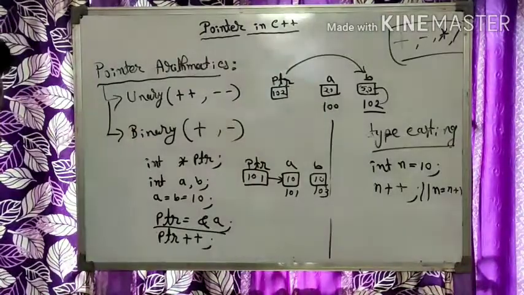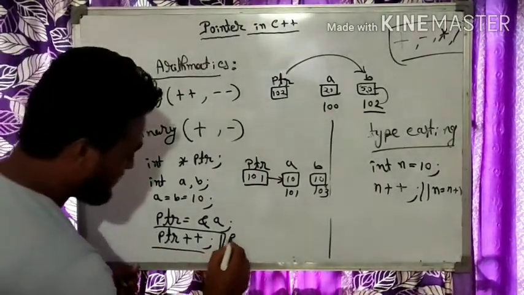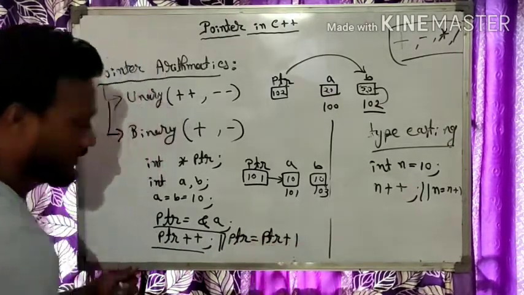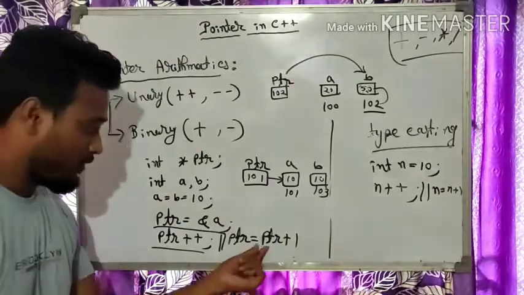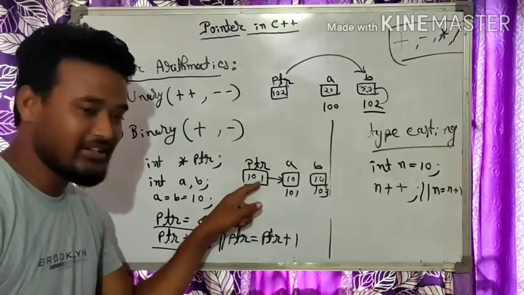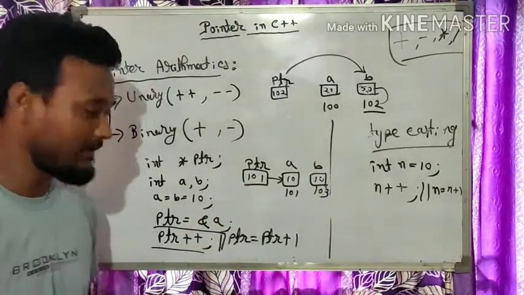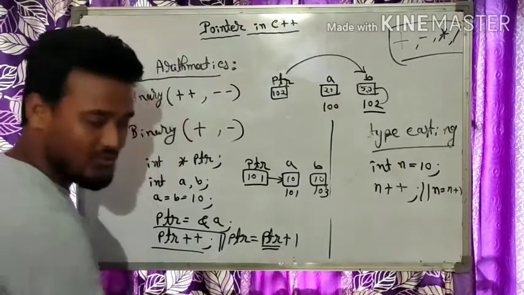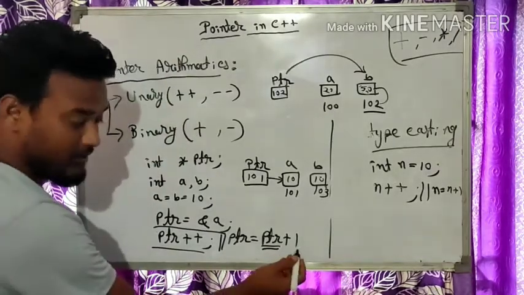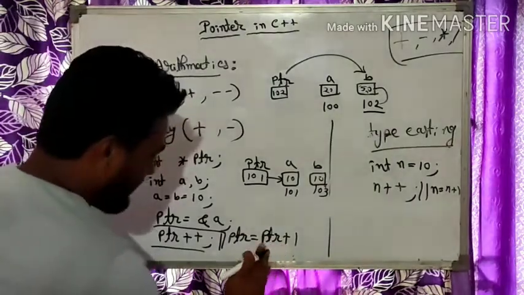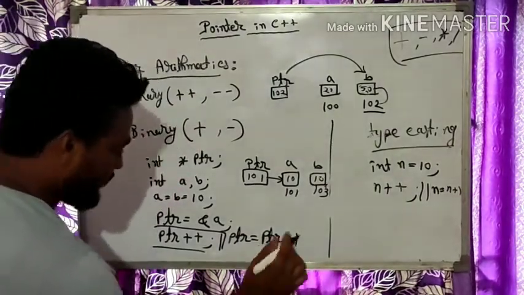Now when we execute this statement, it means ptr equal to ptr plus 1. Remember, what is the value of ptr? 101. This 101 is the memory address. Now if you write this memory address plus 1, this will be incremented by 2. How? You can see here, there is a formula actually to change this. I am going to tell you.